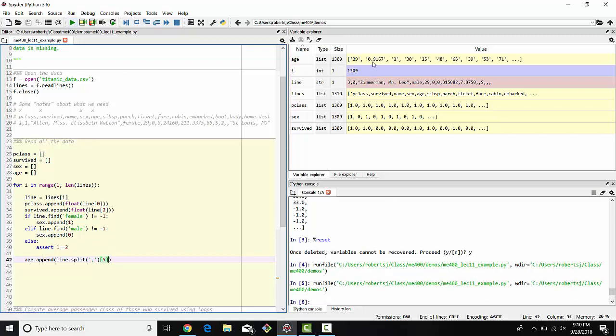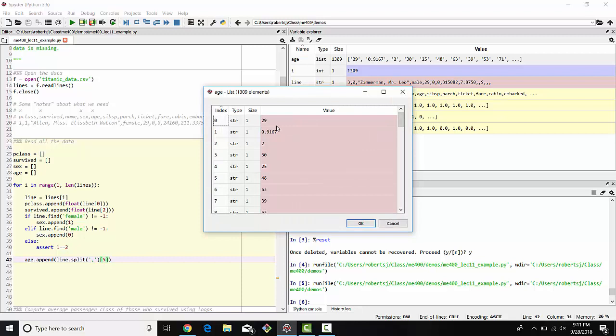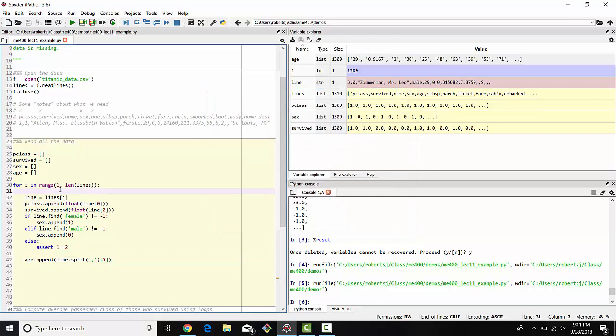This will run. But if I look at what I get for the ages, there are actually some integers and then some fractions, and you'll see all the fractions are less than 1. Those end up being infants that are 9 months or something like that. But there are actually some ages that are empty. And so we want to skip these. So if I do this,